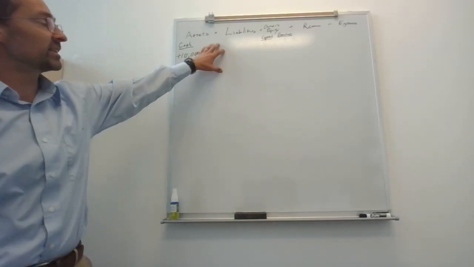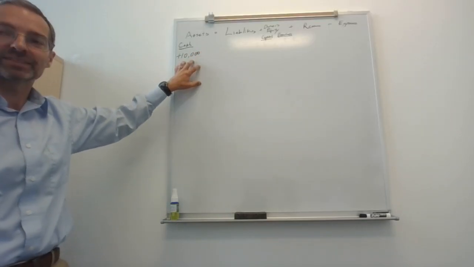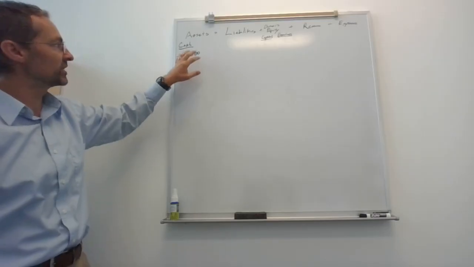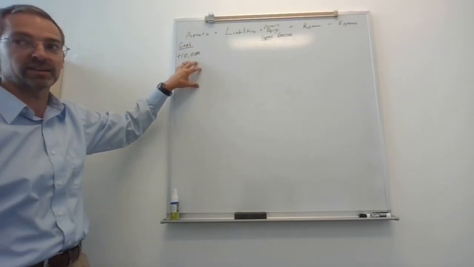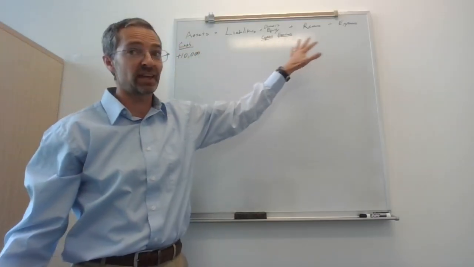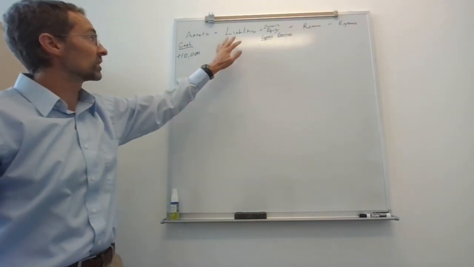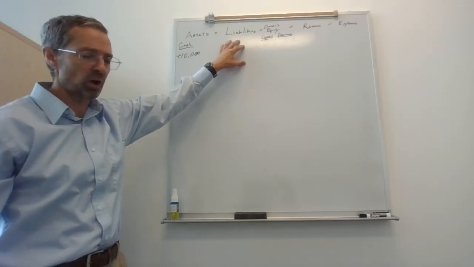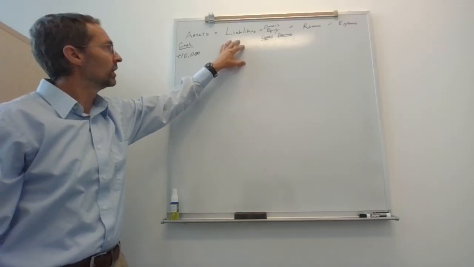Now, we're looking at the accounting equation. If we add $10,000 in assets, to get the equation to work, we either need to subtract some other asset or look at, did something happen over here? So let's go ahead and ask ourselves, do we owe anything now? No, we don't owe anything.